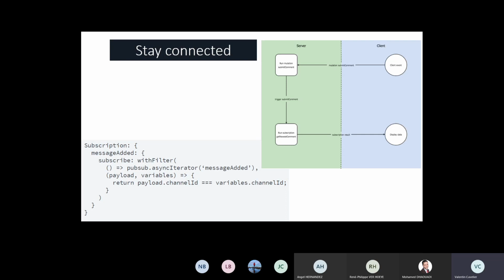So all the messages: when a user adds a message, you receive directly the notification that a message is added.